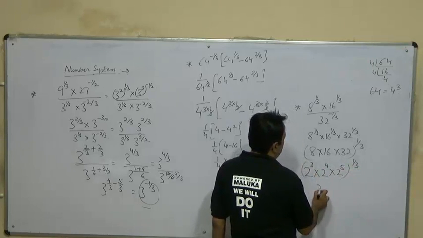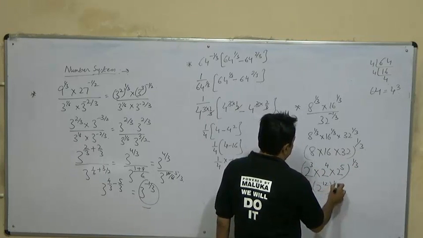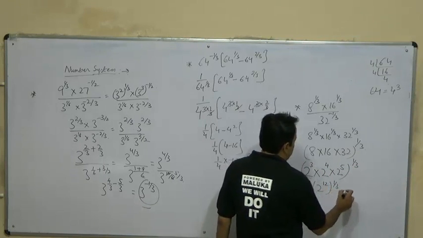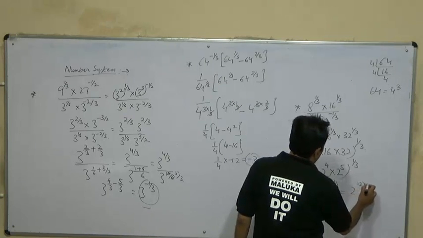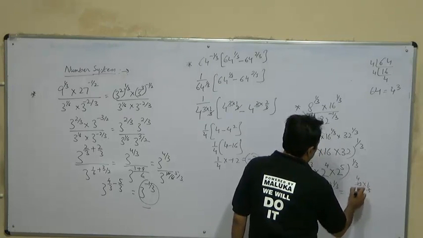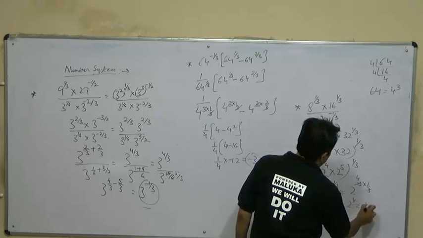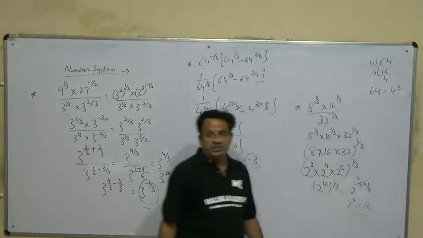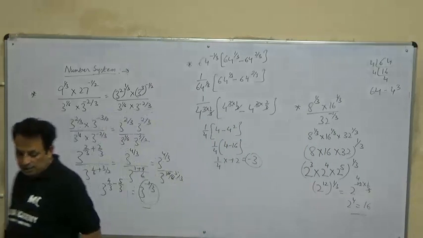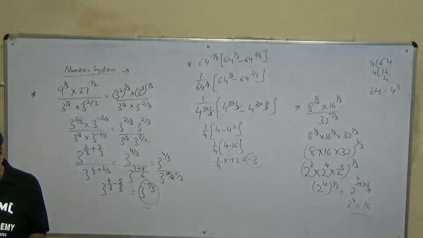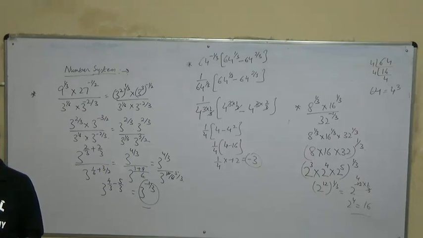It is 1 by 3, so this is 2 raised to power 12, 1 by 3. So this will be 2 raised to power 12 into 1 by 3, this is 4. 2 raised to power 4 is 16. So this results into 16. So just take a note of it, then we will do some more questions. But before that, we will clean this board.